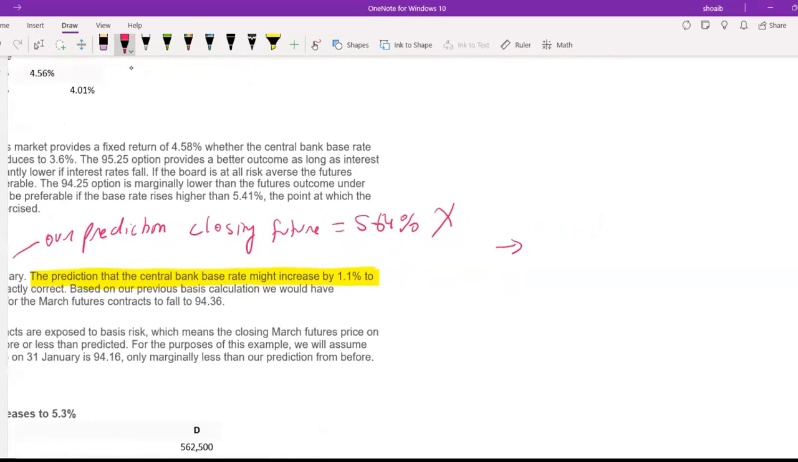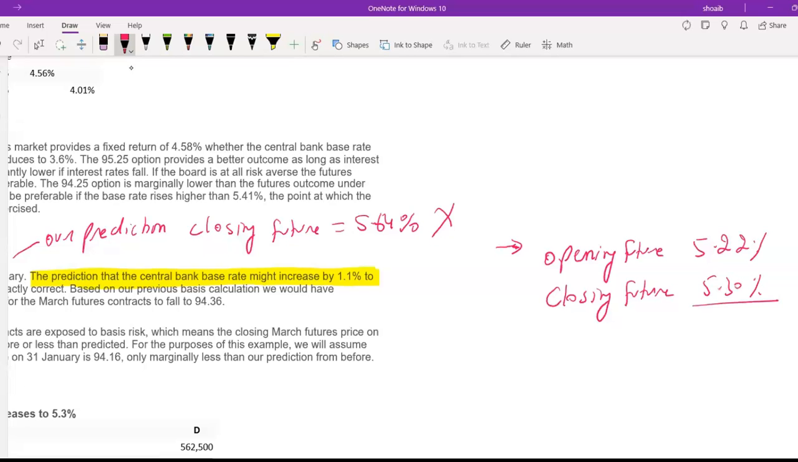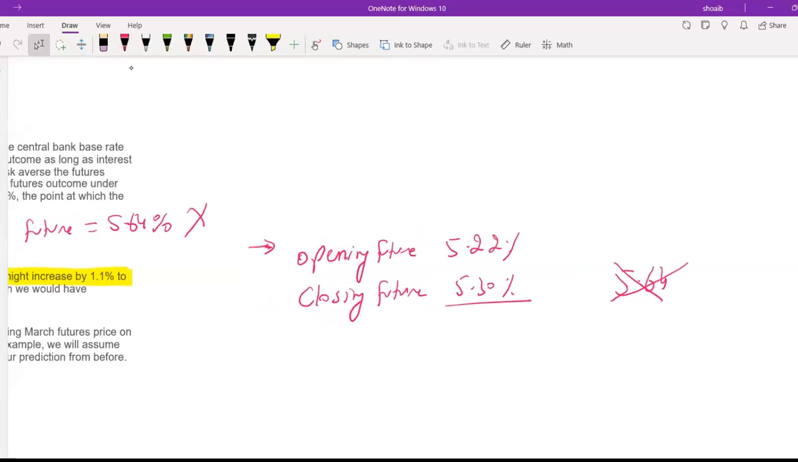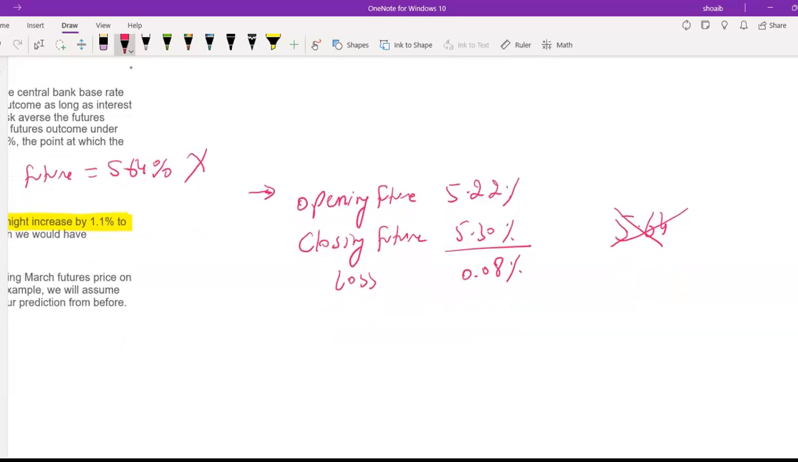Go to the second last step. Compare the opening future. Opening future was 5.22 with the closing future. Closing future is 5.3%. In our prediction, it was 5.64. But now, according to the examiner, it is 5.3. So loss is 0.08. Okay. Actual income is